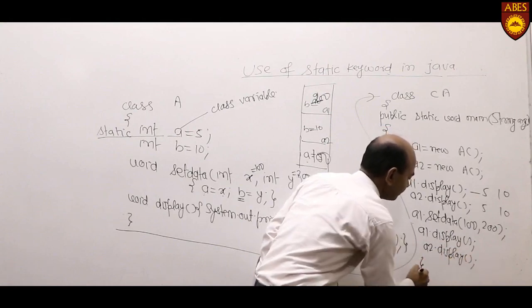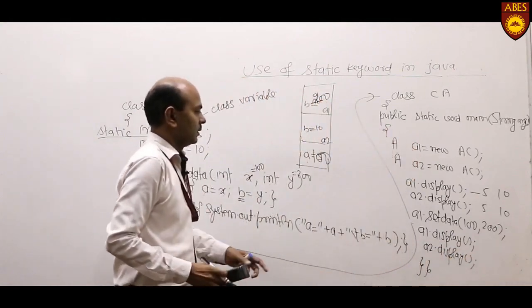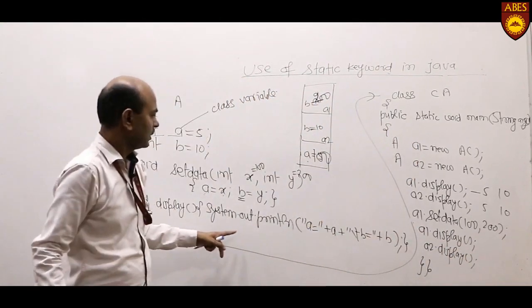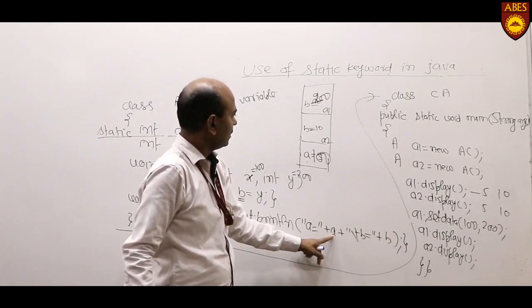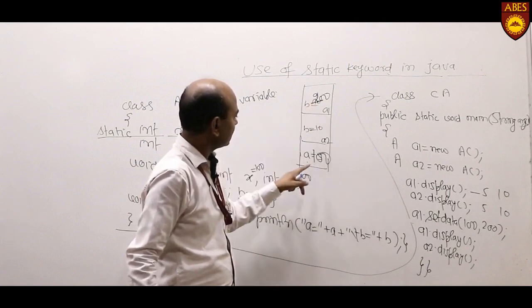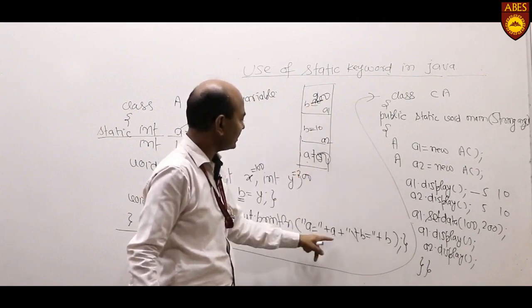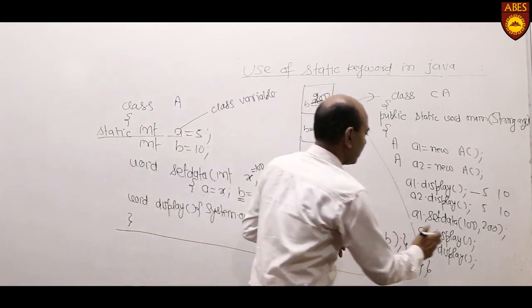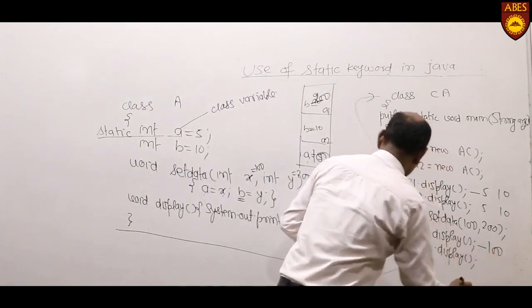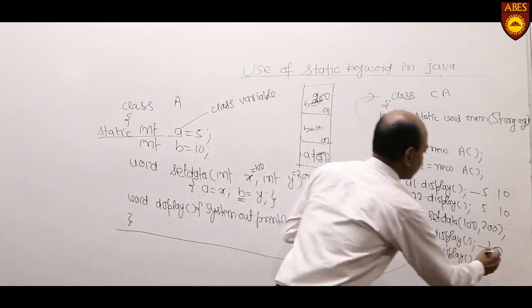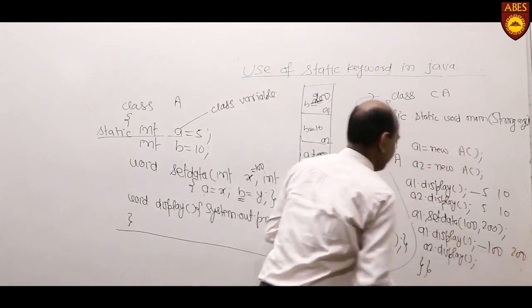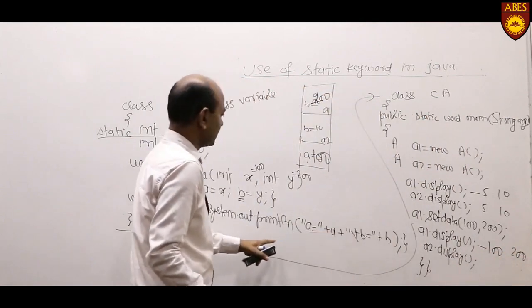what will happen here? a1.display will print the value of a of a1, what is it? 100. A of a1 is 100 and b of a1 is 200. Now a2.display,